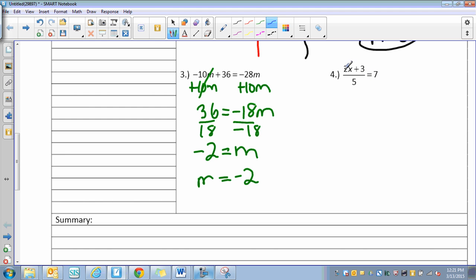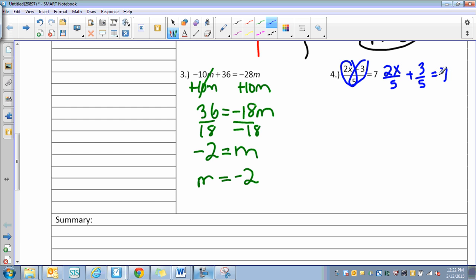All right, so the last problem we have is when we have this fraction and we have more than one term in the numerator. So when we look at this, there's another way of writing this. We could say this is 2x over 5 plus 3 over 5, because we know that all of the numerator is divided by the denominator. So we have 2x over 5 plus 3 over 5